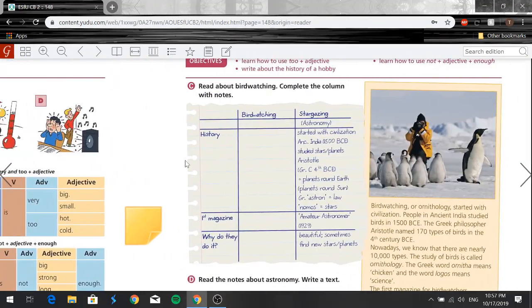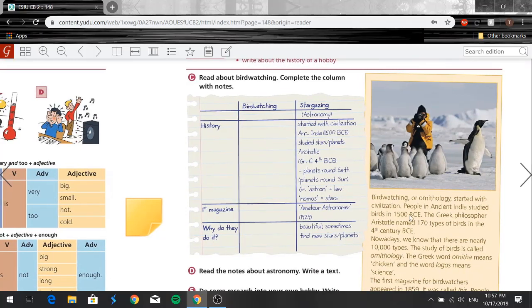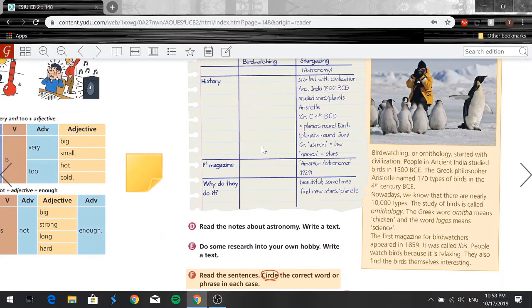Now let's move on to the notes here. Here we have C. Read about bird watching and complete the column with notes. Alright, so we're going to be reading about bird watching, and I want you guys to write your own notes down, and then we'll check them together. So here we go. Bird watching, or